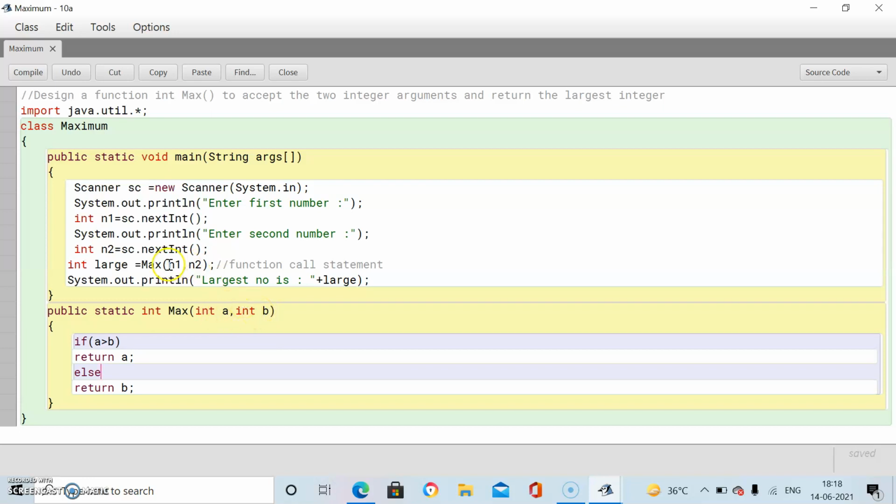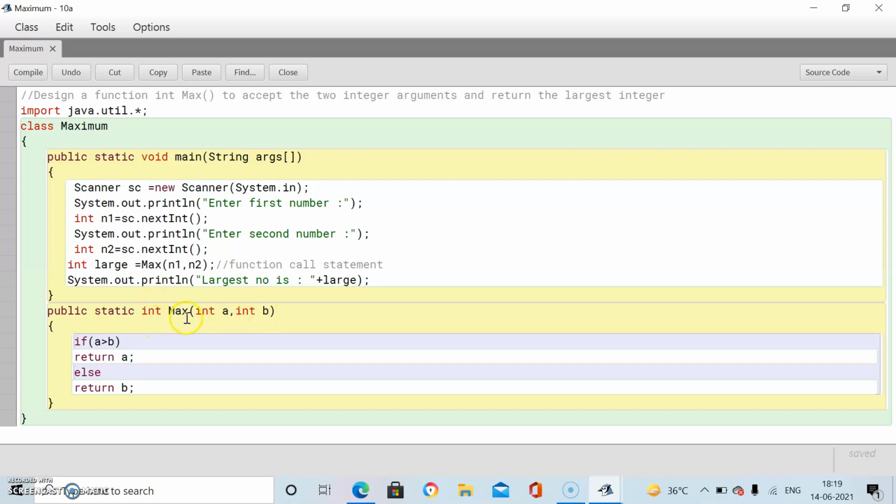Okay. n1 and n2, why have we not passed int n1, int n2? Why? n1 was declared and n2 was declared. So there is no need to pass int n1 and int n2. We have declared them, then we used the variables. So in max n1 comma n2, we are receiving these actual parameter values within int A and int B.